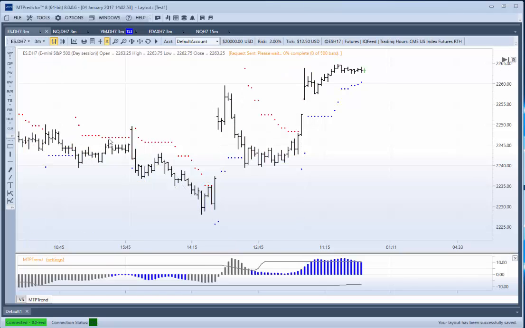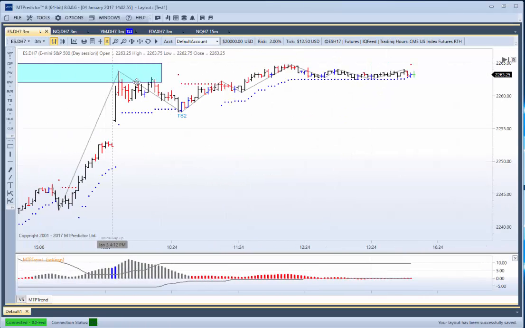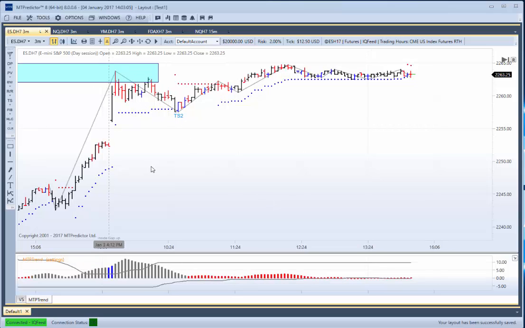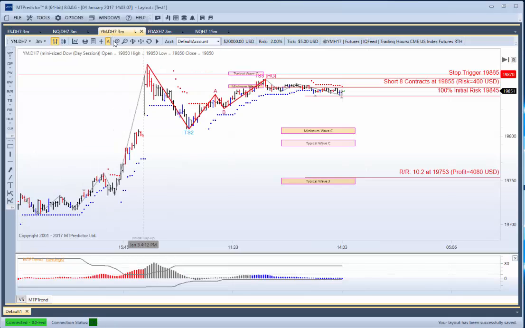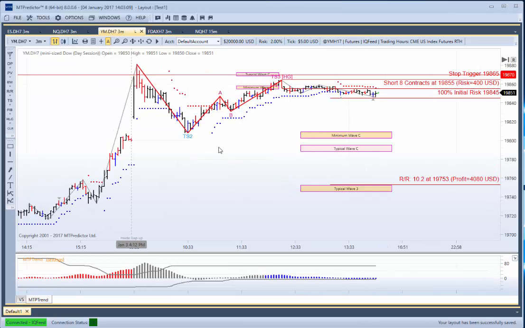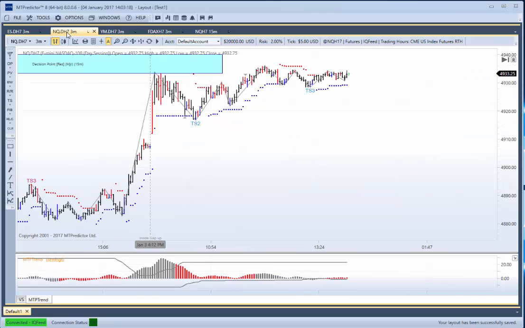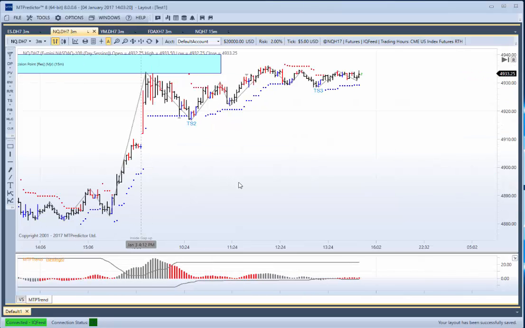In other words, on the 3-minute chart, the larger trend was deemed to be down. You can see our MTP trend turned red a bit later in the day as well. But at the time, it looked as if the larger trend was down. Similar kind of setting on the ES. Here, the trend was grey. Never actually declined enough and went blue, but the market I was actually looking at myself was the